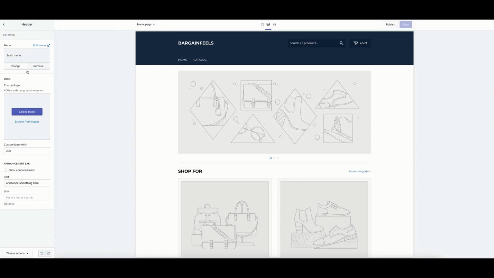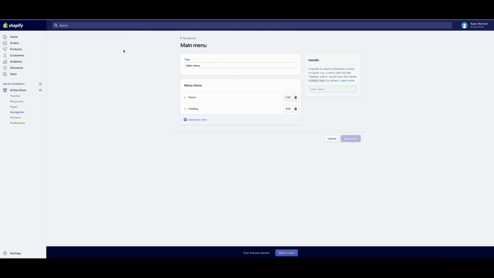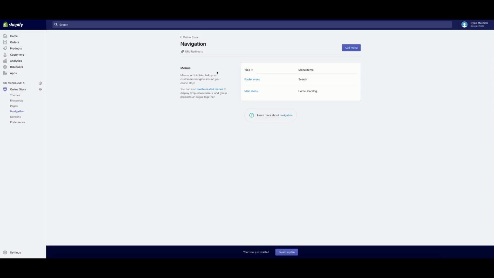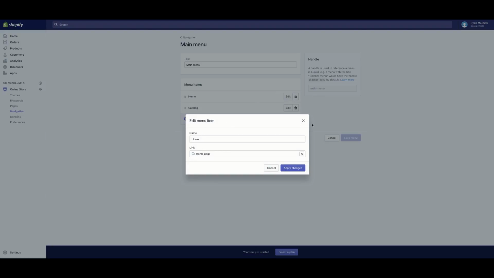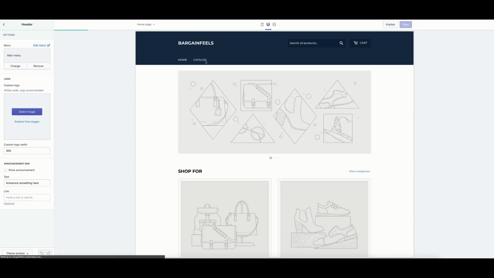What we're actually going to do is go in and edit our menu. So all I did was click edit menu, and you're going to see this is obviously a very similar page to the navigation that we have over here. Just for the ease of showing you what this is, you actually click on Home. That shows that that's our first menu item, right? Because when we click here, Home, Catalog,